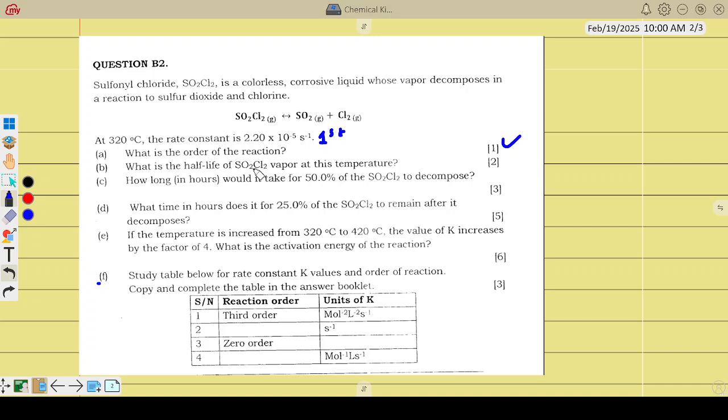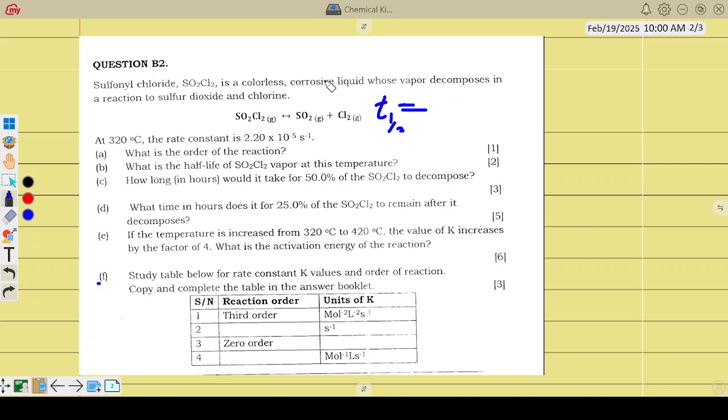And then what is the half-life of sulfonyl chloride at this temperature? What is the half-life? These were very sweet questions. This is the part where you are smiling instead of answering. Have you ever experienced this? So study hard, you will go through such. So the half-life is